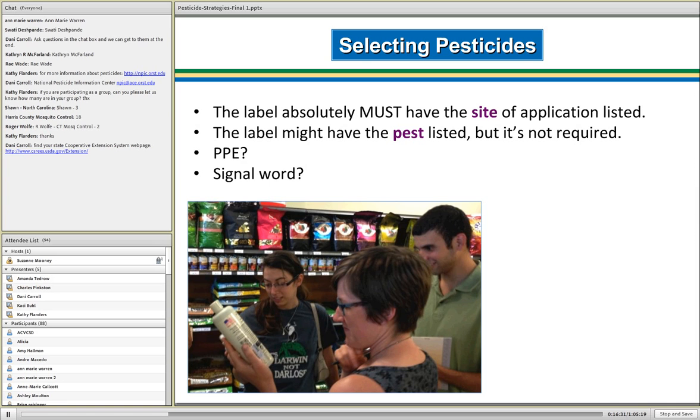Now, when you're looking at the label, also check for PPE. If you don't want to buy a chemical-resistant apron, then don't buy a product that requires you to wear one. So that's why it's important to read the whole label while you're standing in the store before you bring it home. And just to clarify something that a lot of folks have asked me over time,